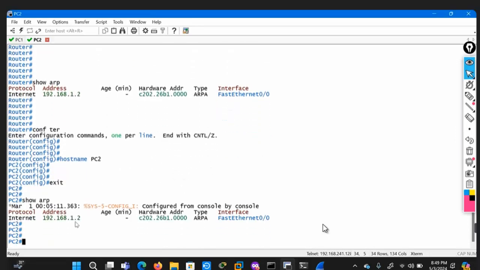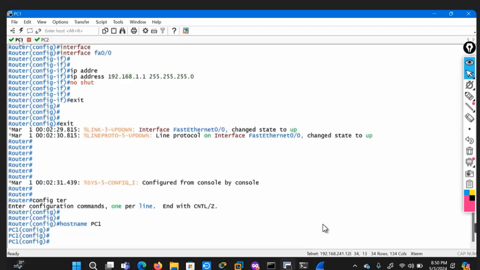So this is the show command that I entered, and the MAC address in this PC looks like this. So 1.2 is the IP address of its own, and as is, there is no limit in the aging time. This MAC address will not be cleared by default, right? Because it's its own MAC address and its own IP address of its host machine. And ARPA is the protocol that is used by the Ethernet technology. So this is using Ethernet technology. We need to understand it like this. And there are no entries in the ARP table, right?